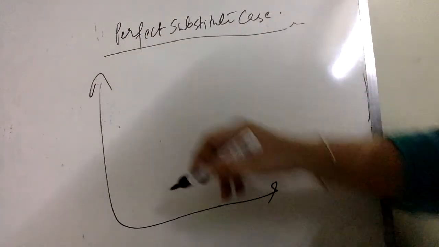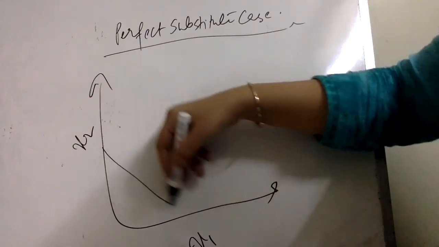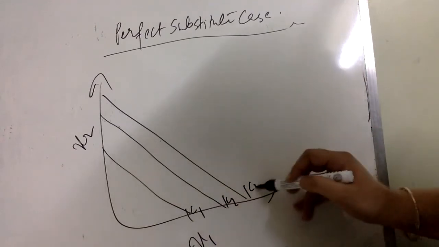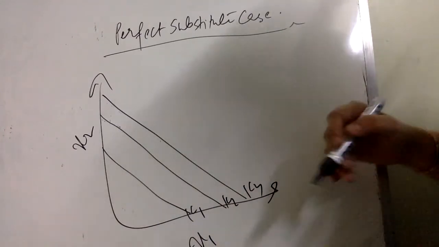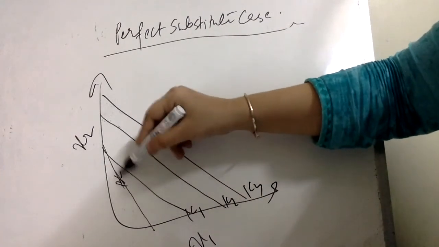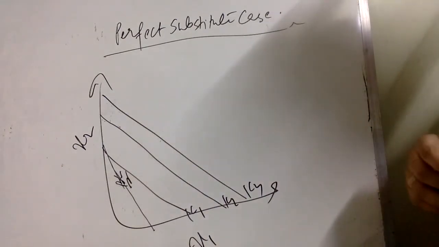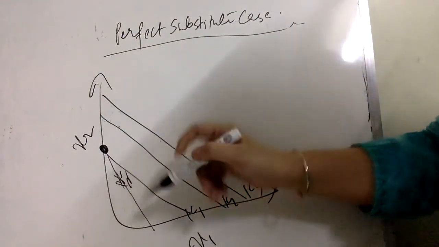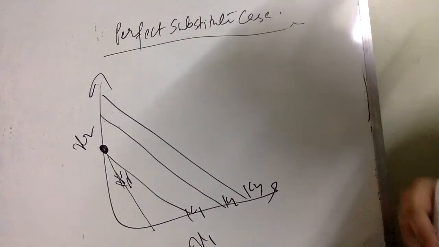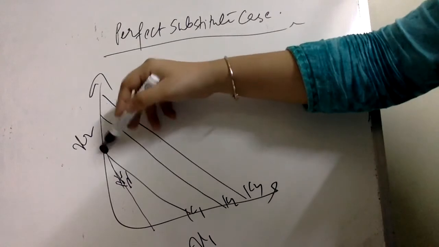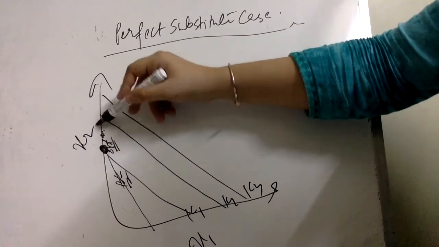Okay, in case of perfect substitutes, now let me plot various indifference curves. Suppose these are different ICs I am plotting. Initially, if my budget line was steeper than the IC, so this is my BL budget line, I have optimality here. Given this budget line, the maximum IC is touching my budget line at this given point. The boundary optimum is lying at the y-axis. So this is my original choice, the optimum bundle.